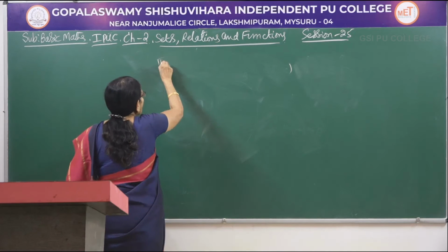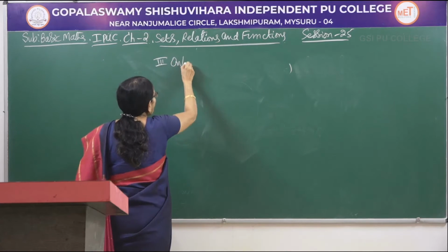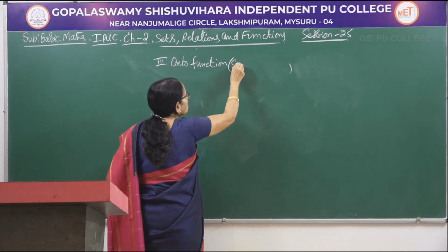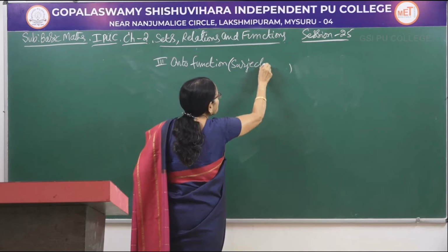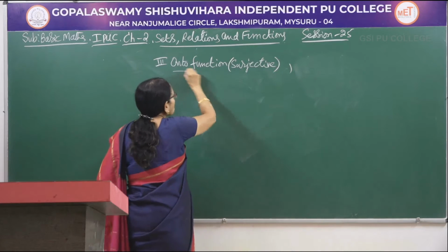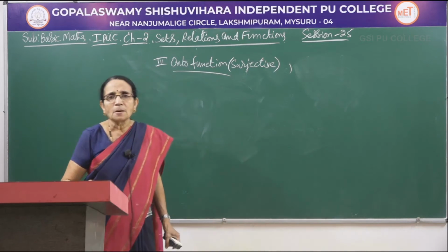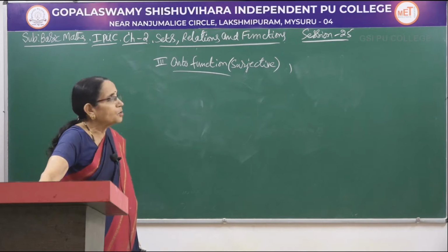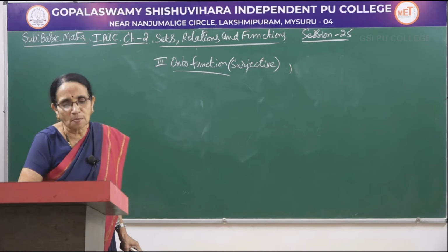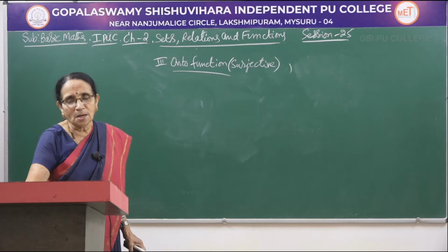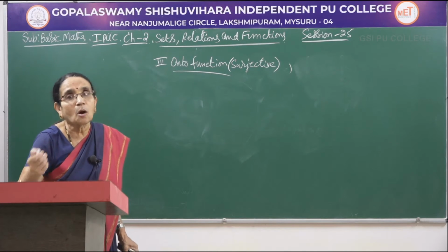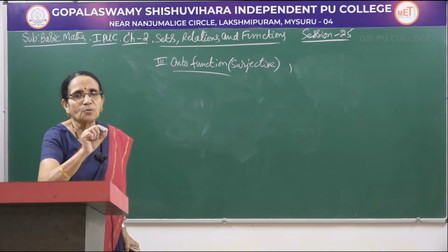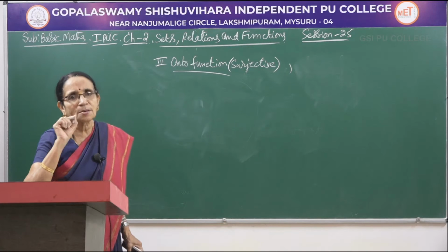Now let me consider the other one. It is called an onto function and it has got a special name. It is called surjective. So a 1-1 function we call an injective function, and next many one we learned. Now this is called an onto function. Onto function means the other name is surjective also. Both the names you have to be familiar with. Don't get confused: 1-1 function injective, onto function surjective.